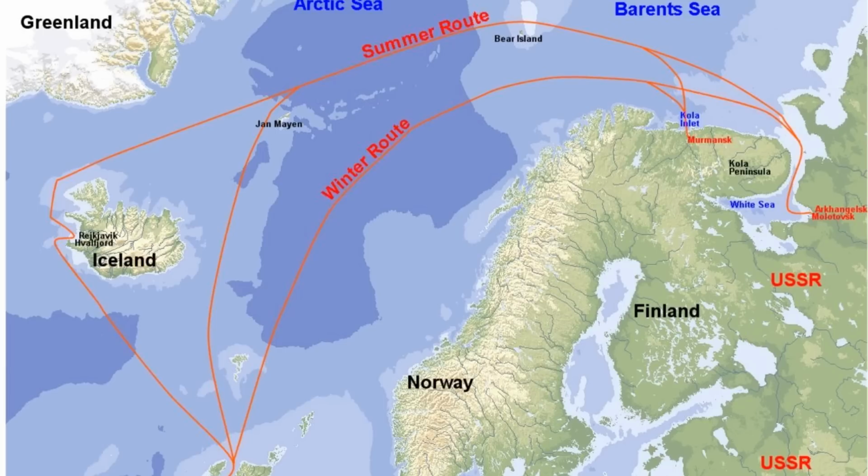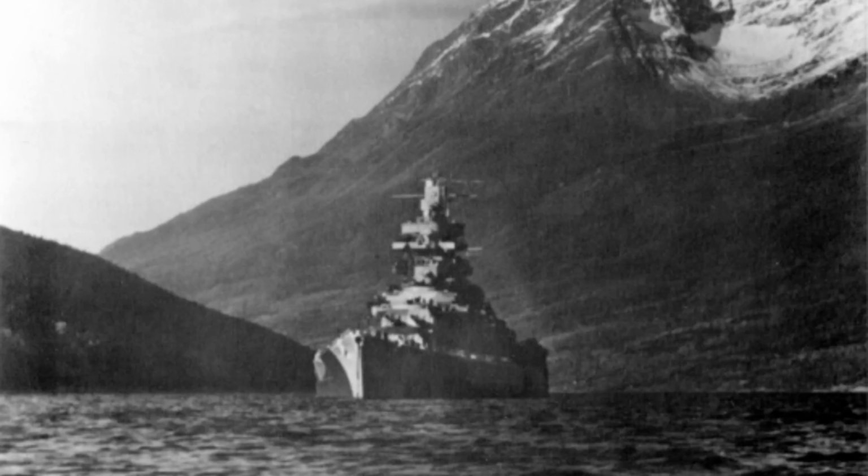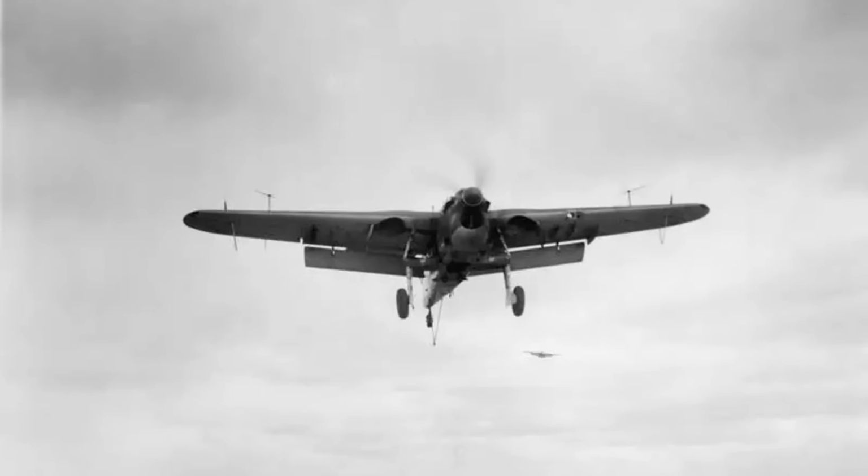The convoys to Russia would be again threatened, and also the Allied warships that had been tasked for keeping her bottled up in Norway would soon all be needed for Overlord and D-Day. The threat in the north needed to be eliminated. So, early in the morning,